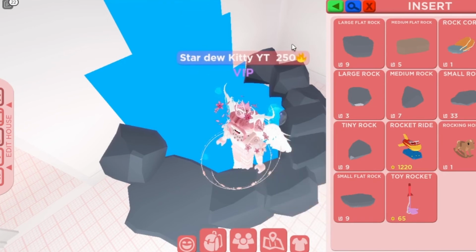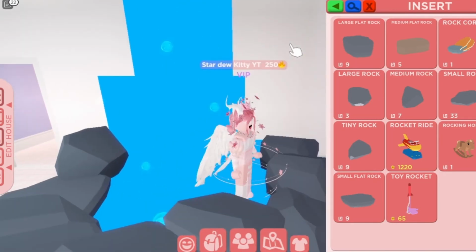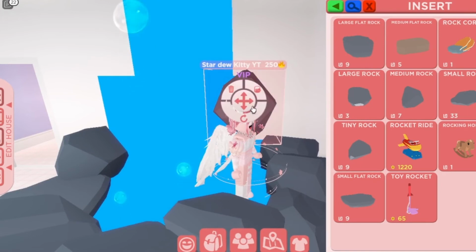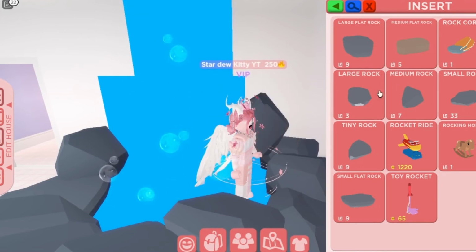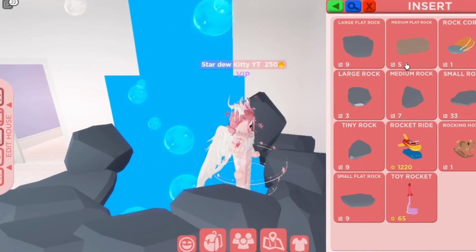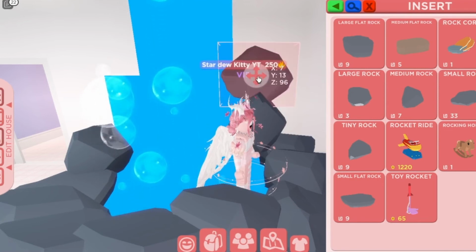Okay, so for the wall, we're just going to add some rocks going up to the top, and then we will be done. So let me just add this small rock,